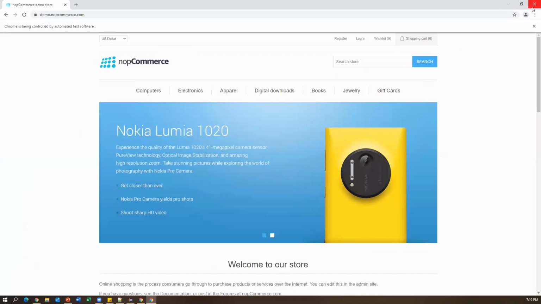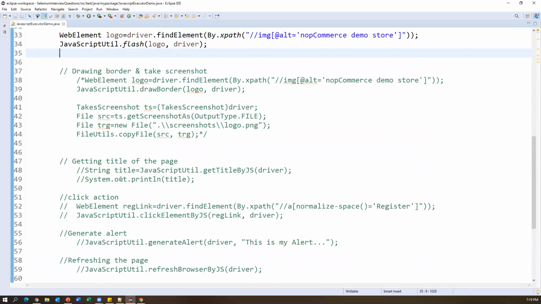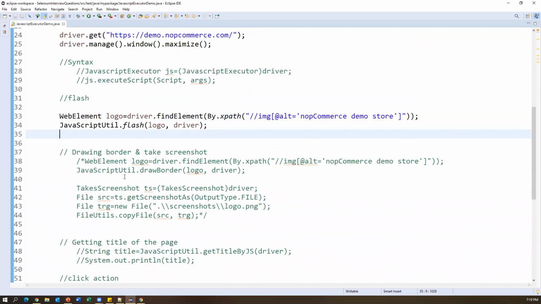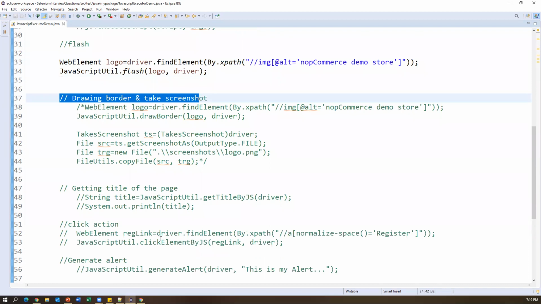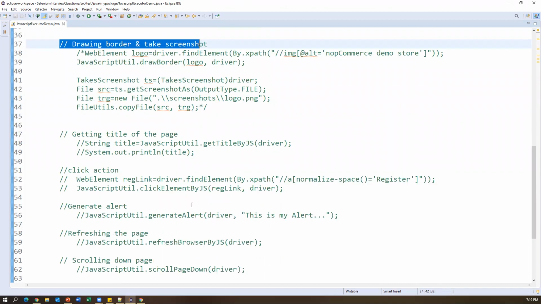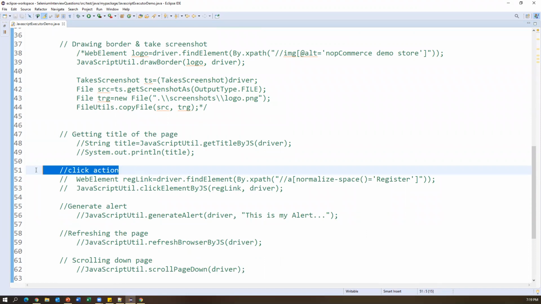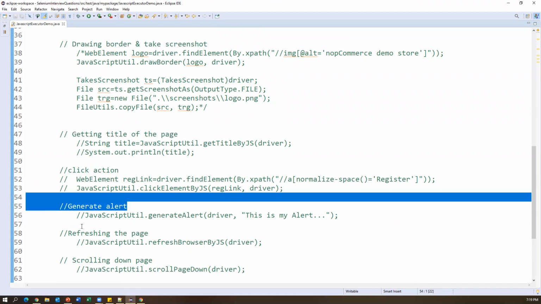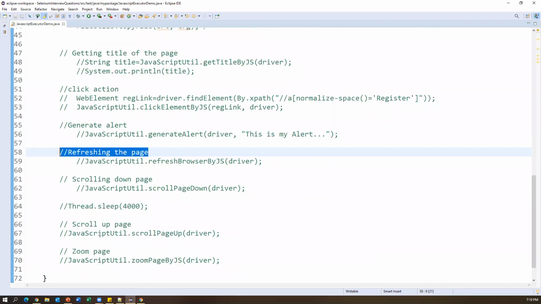Okay, so these things are possible through JavaScript executor, guys. We have seen many tasks, like how to flash the element, how to draw the border around the element, and how to capture the screenshot of the element. And then we have seen how to capture the title of the page, and we can perform the click action. We can generate an alert, refresh the page, and scroll up and scroll down the page.